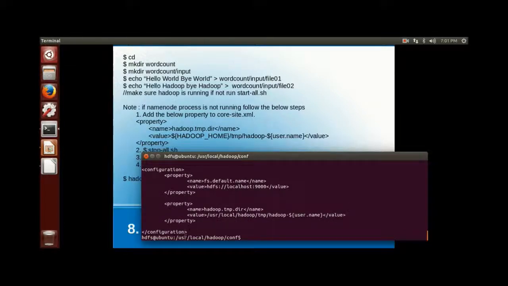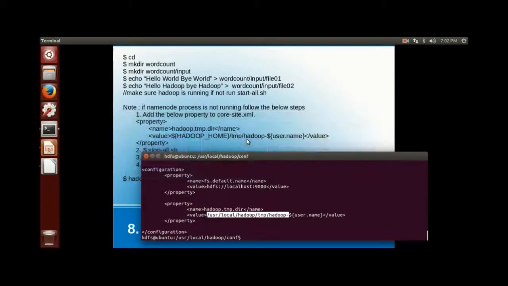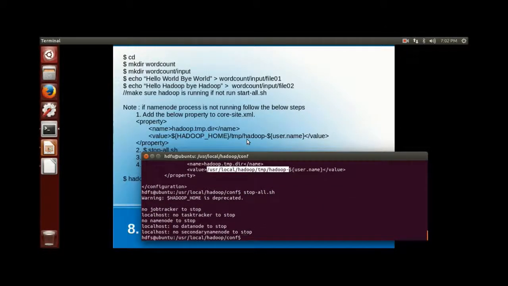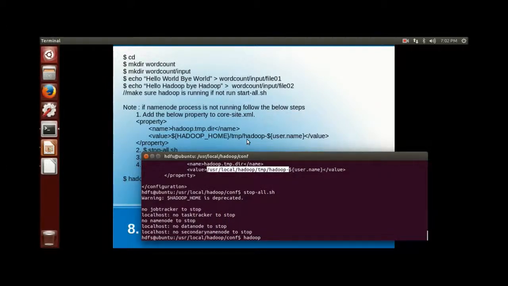In the conf directory, update core-site.xml with the value for the Hadoop temp directory, so that it will not take the default temp directory, and we will be giving our specific temp directory. Before that, we have to ensure that no process is running, and format the name node before starting the Hadoop processes.